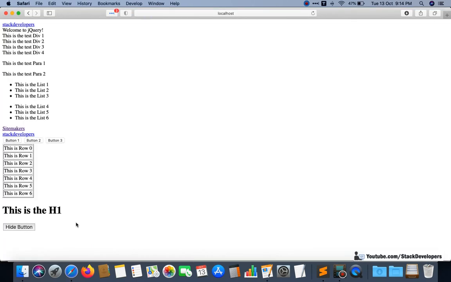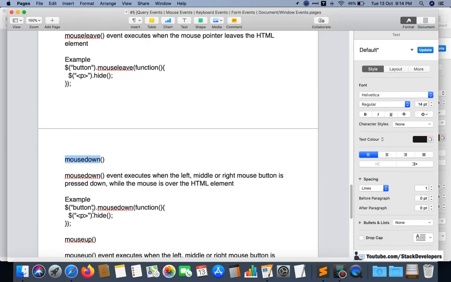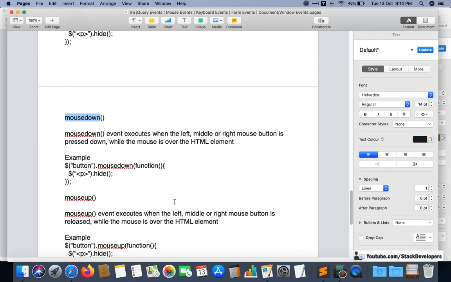See, you will just take the mouse over it and press the left click and hold it, and you can see, even while holding it, the H1 tag is getting hidden. Even if you release now, the action is already performed. So this is the mouse down event.